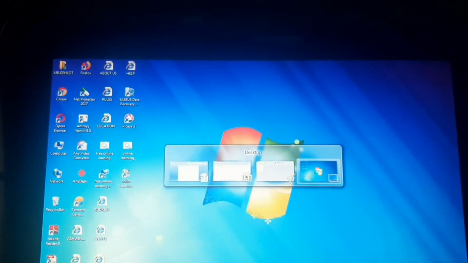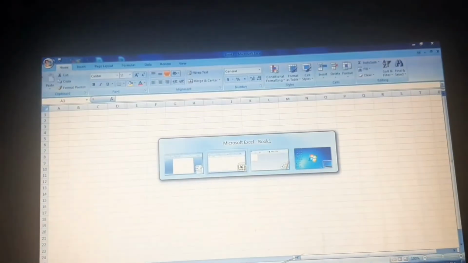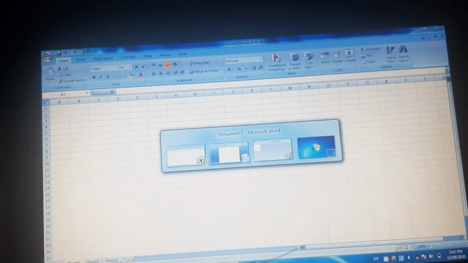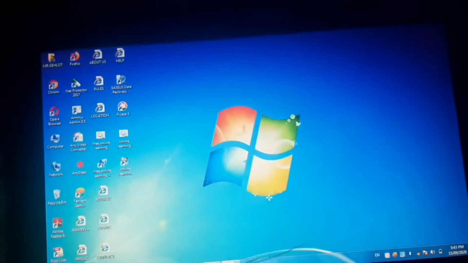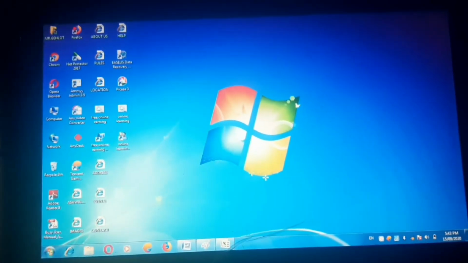You have to use a simple trick: press Alt plus Tab. If you have to go to Excel, you press this. If you have to go to Paint, you can do this. If you have to go to MS Word, you can do this. If you have to go to the desktop, you can do this.